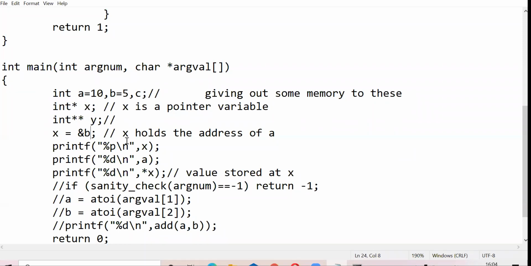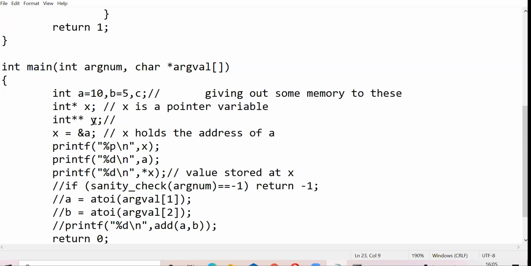So X was holding the address of A, right? That is the value which is stored inside X. If I was having an iPad or something, I could have actually created it and shown it to you. I hope it is being clear. So see, it is something like A is there inside a house, and that house has some address. Now this X knows the address of that house, because I have stored, let's say, the address of A in X. So the value of X will be the address of A, but X itself will be housed somewhere in the memory. And what is the address of that house? To know the address of that house, we have created a double pointer, or a pointer to a pointer.